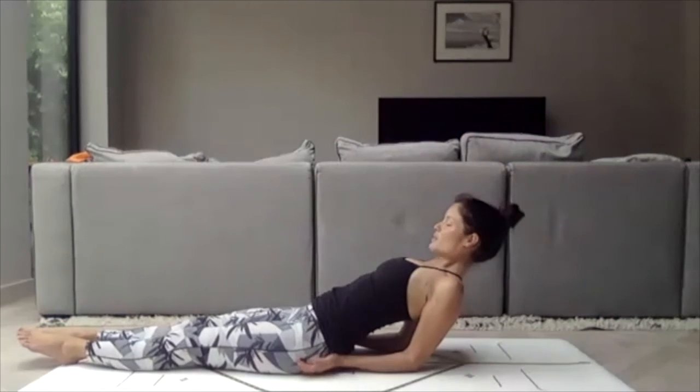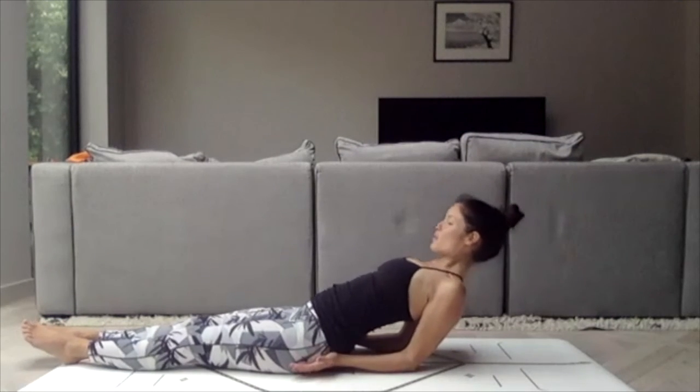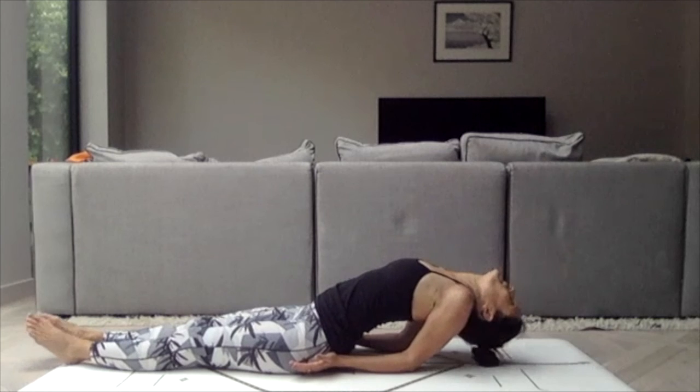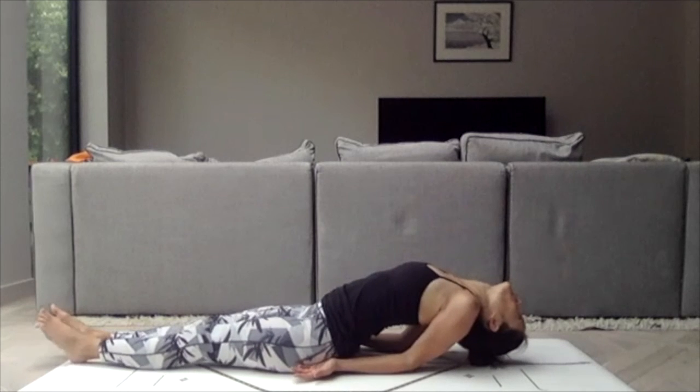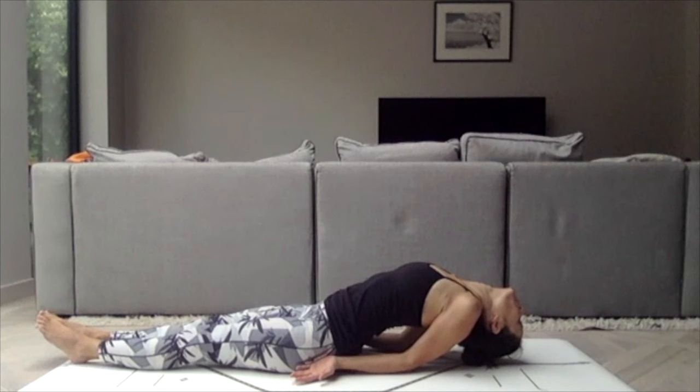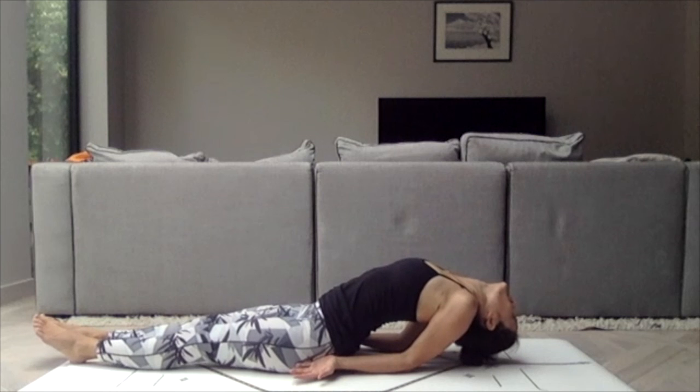called Matsyasana, fish. So puff out your chest, bring the sternum up towards the sky, and bring the shoulders down, crown of the head comes down as you prop yourself up on your elbows, palms facing up. Inhale and exhale. Inhaling, arching the back. Exhaling,